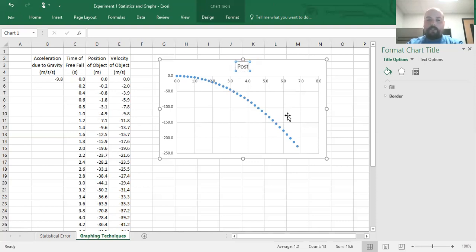So it would be the position of an object, say it's a rock or something. You're dropping a rock onto the ground from your hand in free fall, just no extra velocity added, simply dropping it to the ground. So this position of an object in free fall as a function